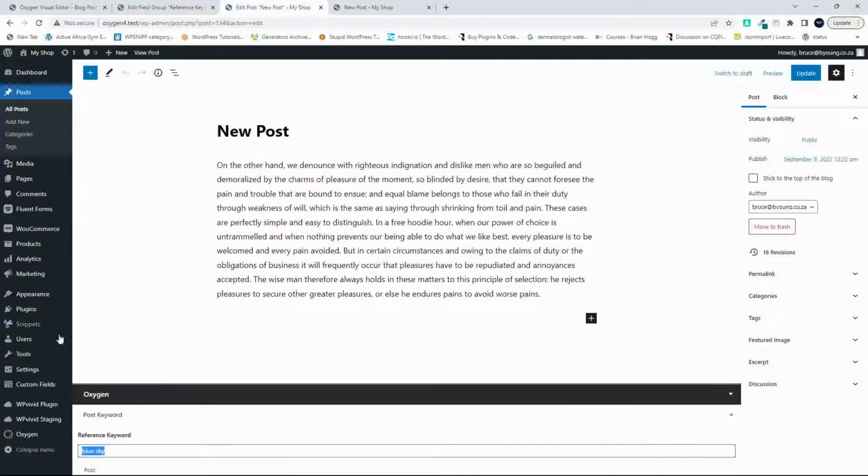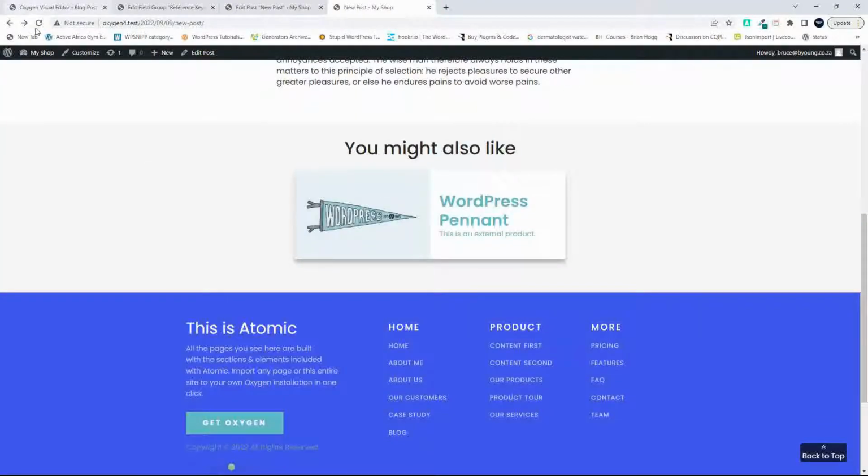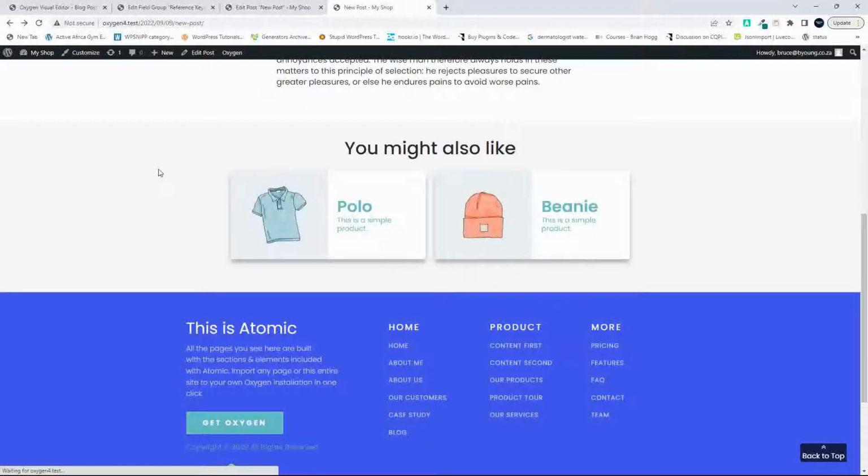Now when I refresh the post, instead of it saying reference keyword, it's now going to say the keyword. I will just put in a field there for now, and then we can just use that for testing. Now when I go over to the shop, you'll see there we did have something. And now when I do a search,